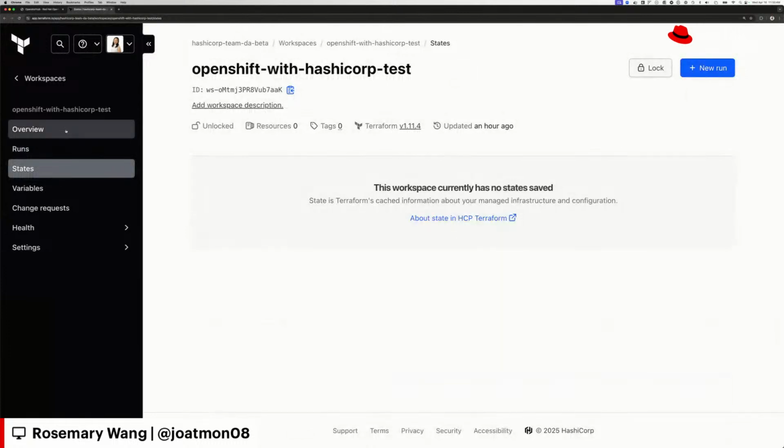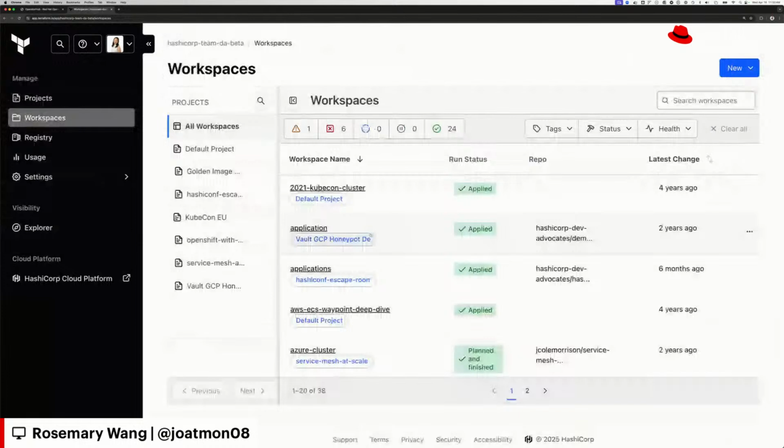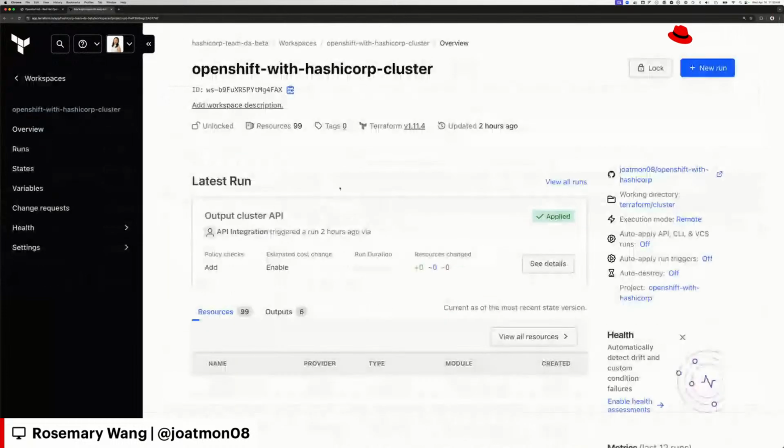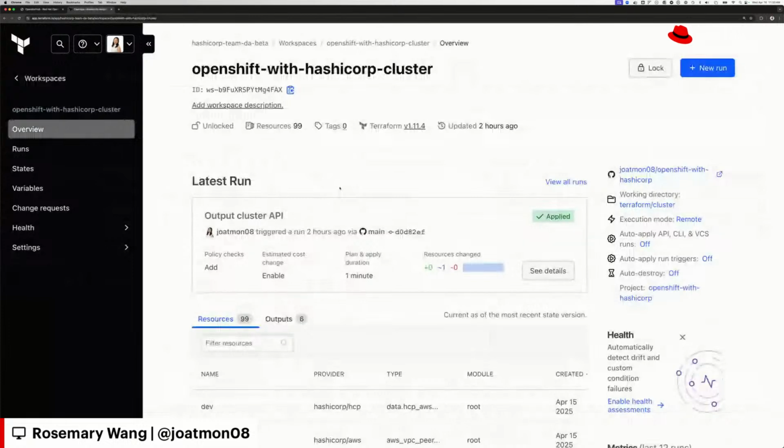Part of the reasoning is that when you defer the run, you're deferring when you're running Terraform. It's not running Terraform in the OpenShift cluster. It's running Terraform on the infrastructure side.